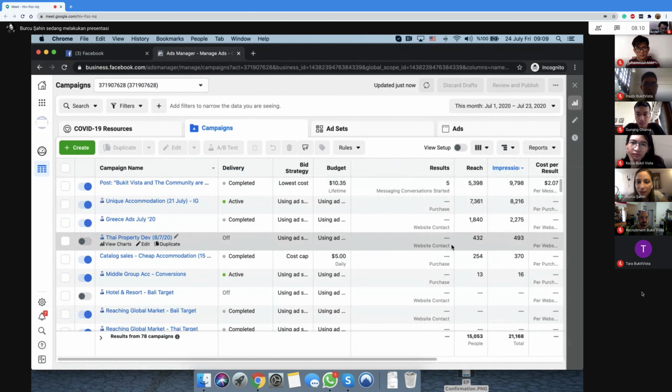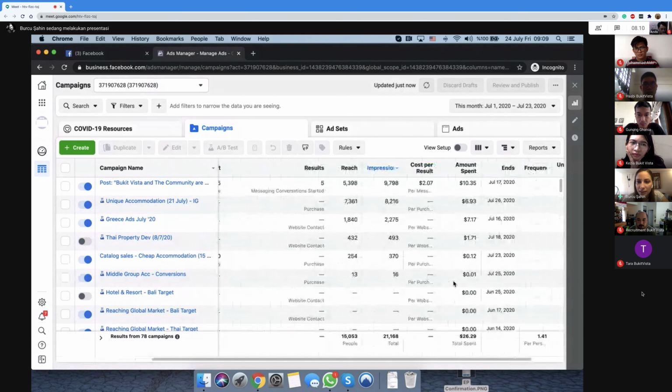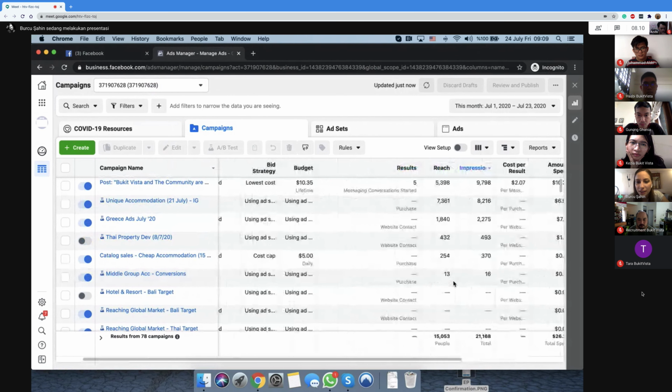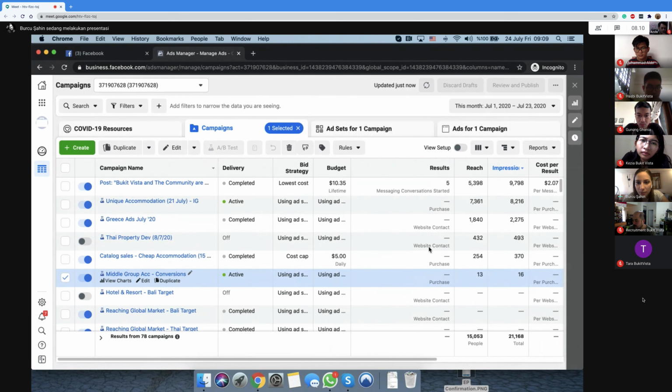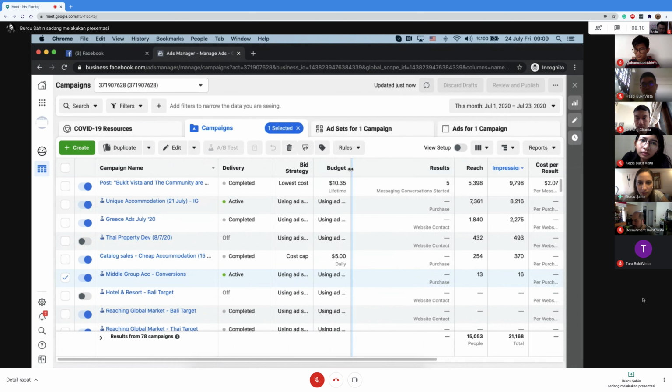So all of these campaigns, although they are running, although they did spend money, they were not able to bring you anything because, we don't know, because they were never firing. And Facebook wasn't able to optimize these campaigns because these events never came to it. So in that sense, always make sure that whatever you're giving as your result, it is something that's firing. It is something that you can count. Otherwise, the campaign has no point to it. So that's my first